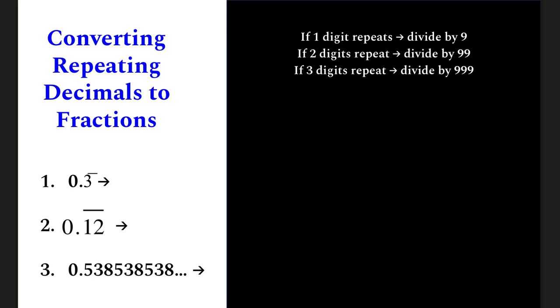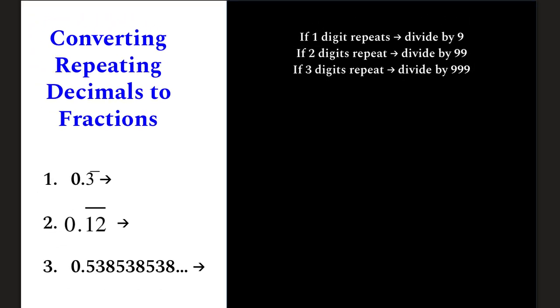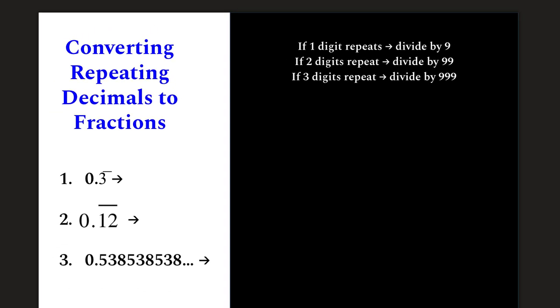If one digit repeats, divide by 9. If two digits repeat, divide by 99. And if 3 digits repeat, divide by 999. Let's go ahead and take a look how that works. Question 1, 0.3 repeating is the same thing as saying